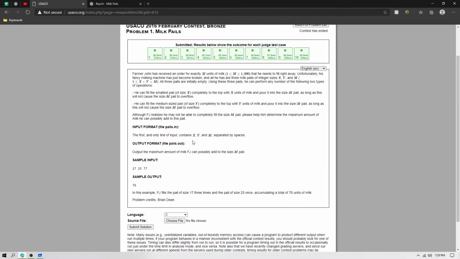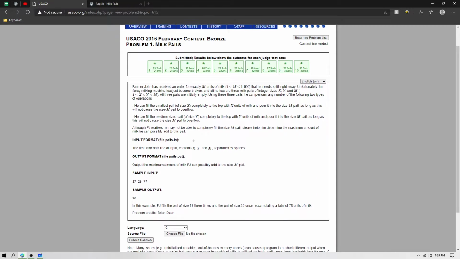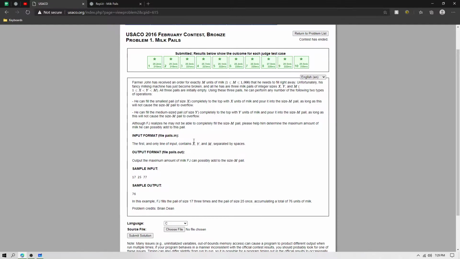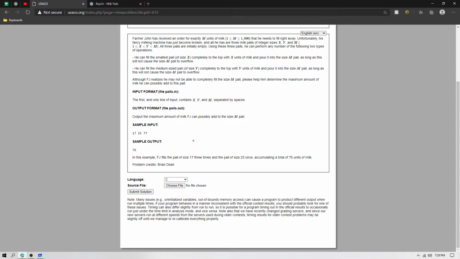Hello, today I'm going to be walking you through the USACO 2016 February Bronze Problem 1, Milk Pails. So basically, the problem tells us that Farmer John has M units of milk, and he needs to fill this M units of milk right away,